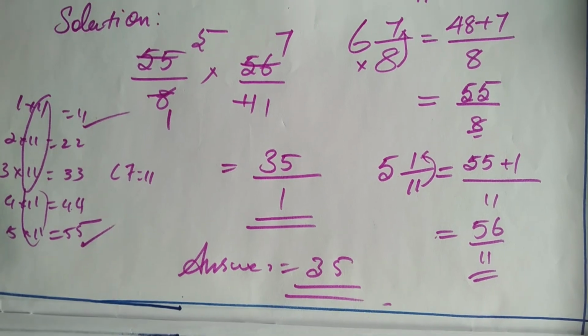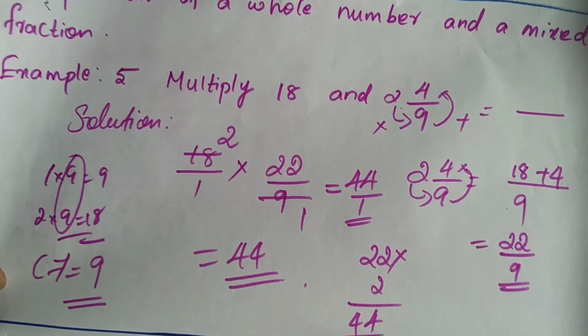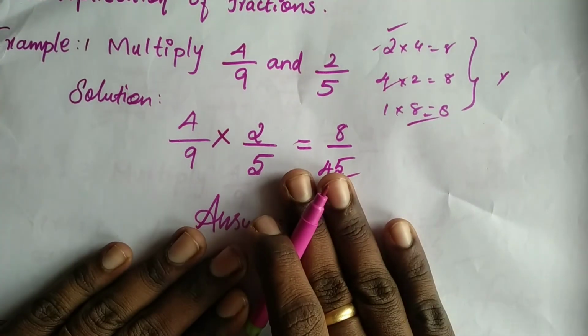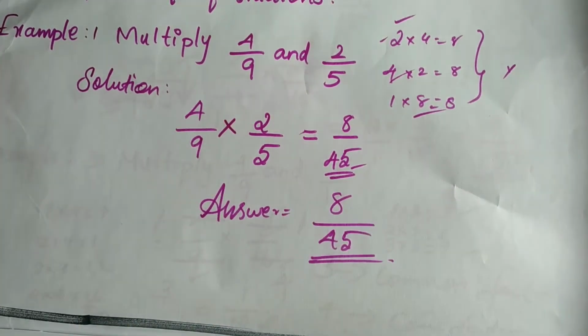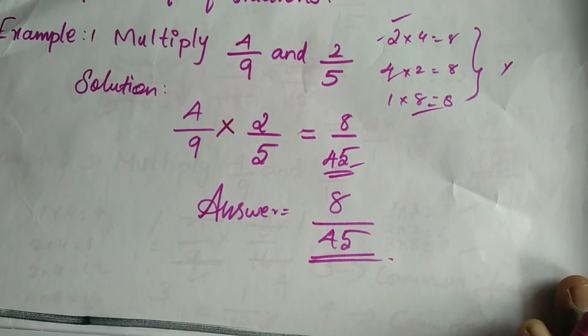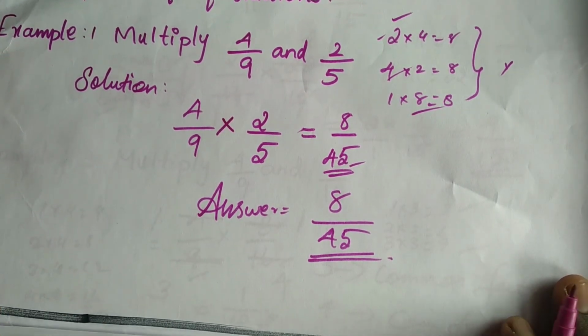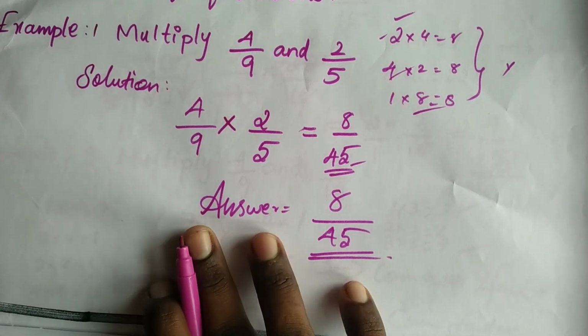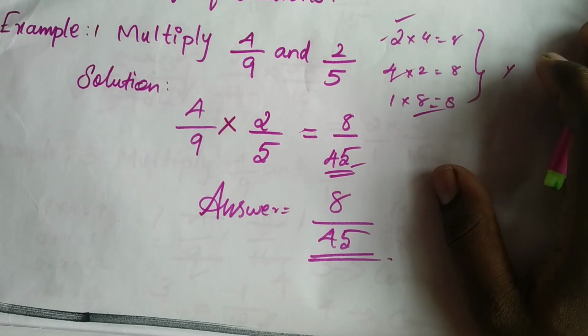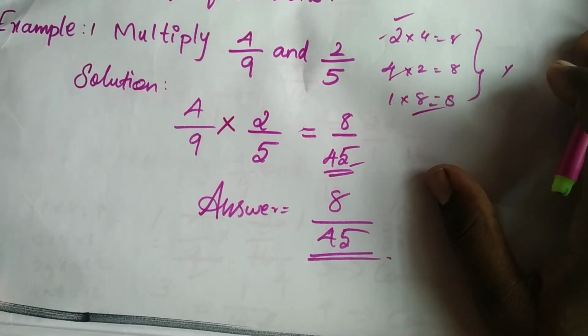Okay guys, please revise the problems. First, in this you want to identify the common factor. That is the first thing. The first and foremost thing is you want to identify the common factors first, then you do the cancellation. Please go through the portion. I hope you guys understand this concept.